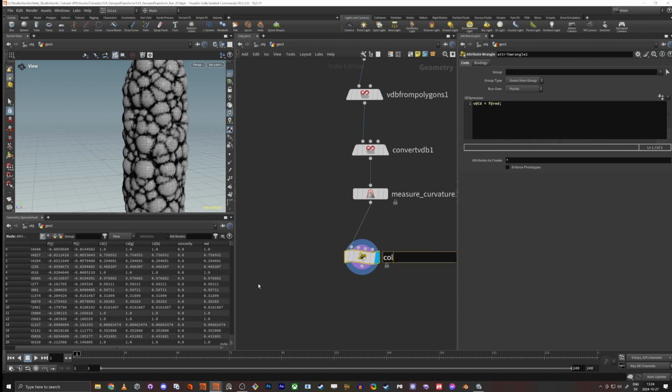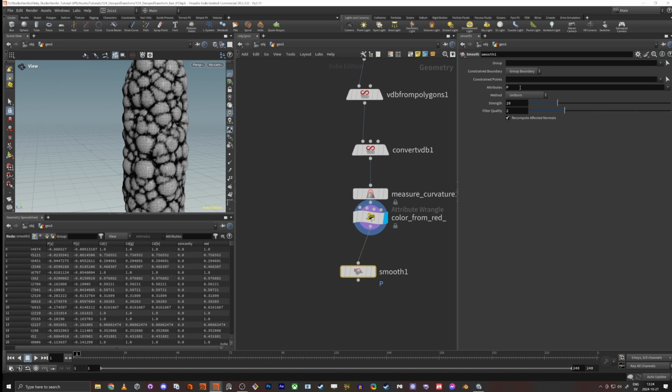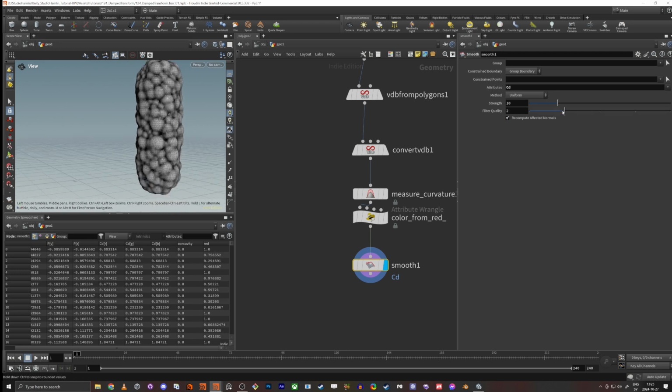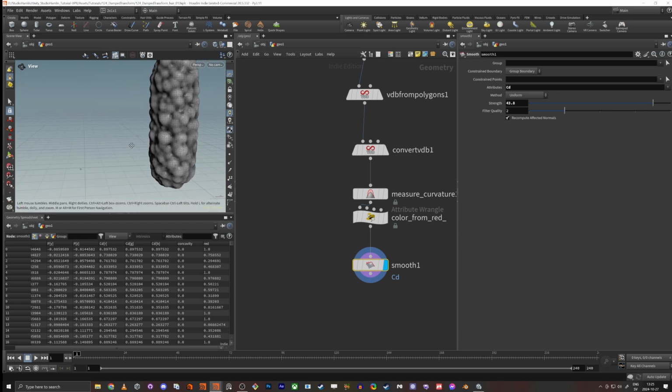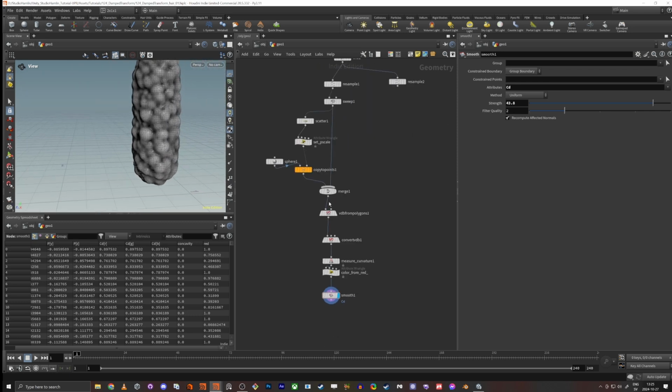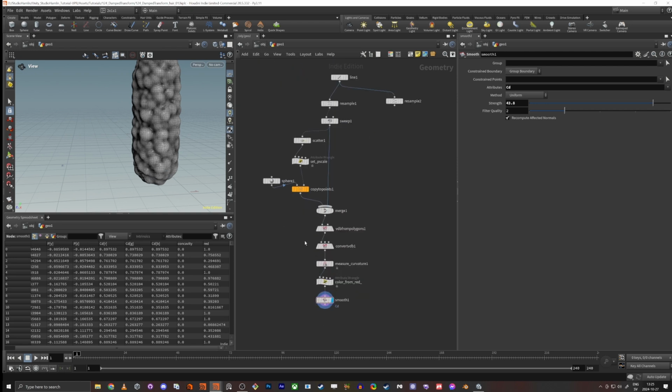So we do color from red, that's good enough. And then I'm just going to make a smooth, and this is going to be color. So now you see we have it a little bit smoother. This is going to be a really good effect in the shader later on. So now when we have this mesh, in order to have this one working,